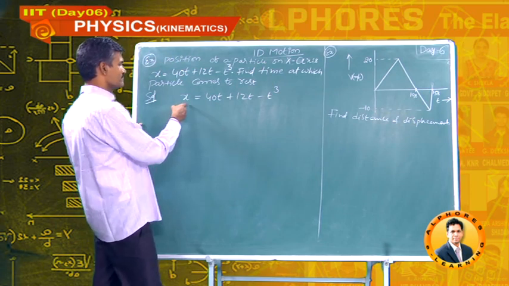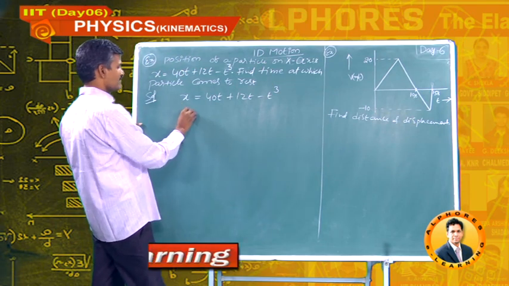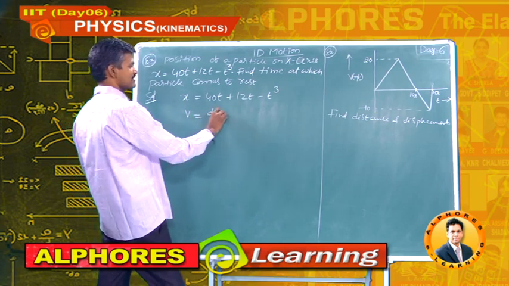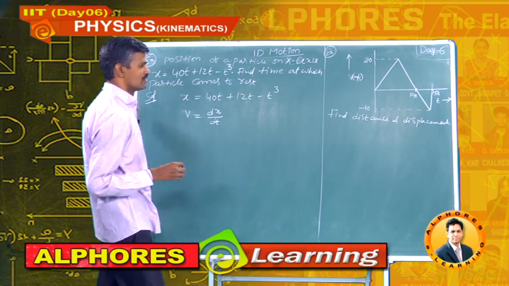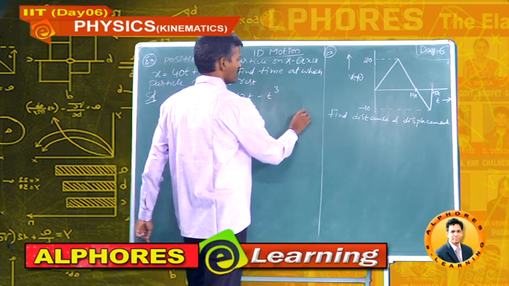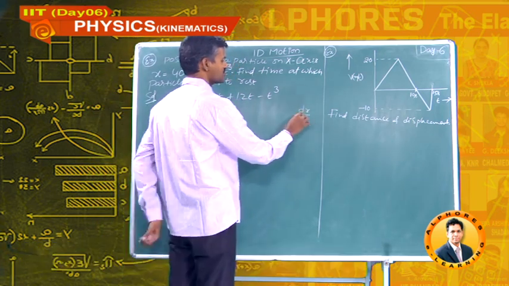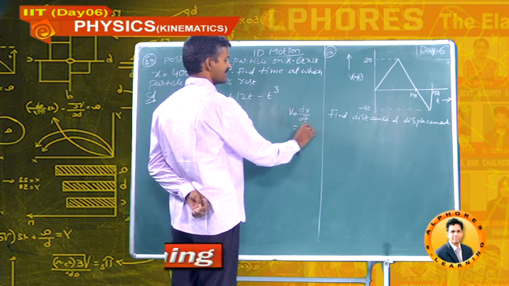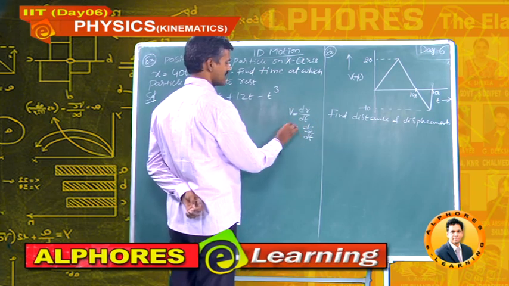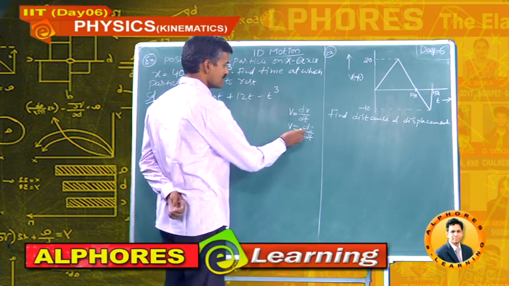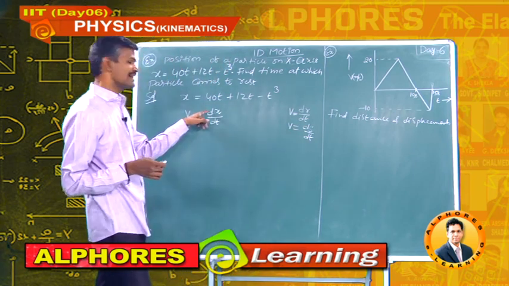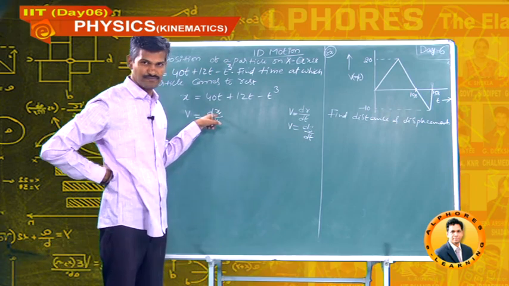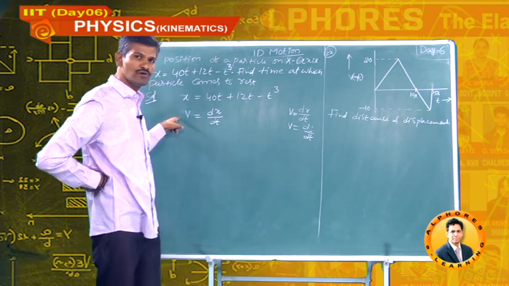On taking derivative of this, we can get velocity or instantaneous velocity. This instantaneous velocity is given by dx by dt. Students, remember dr by dt, where r is position, gives instantaneous velocity, or ds by dt, where s is displacement, it is also velocity. Here I am writing dx by dt, x in the sense it also gives position on the x-axis. So the derivative of this is also equal to velocity.